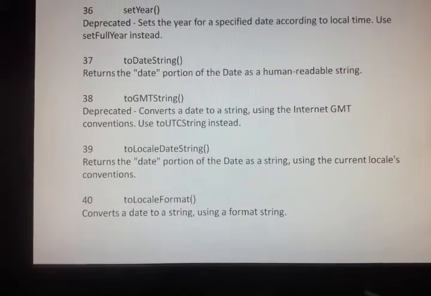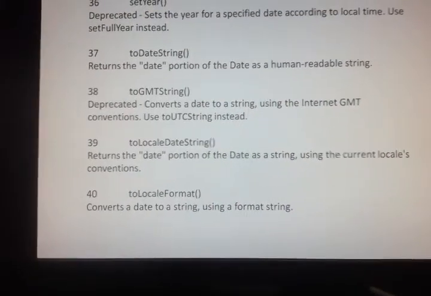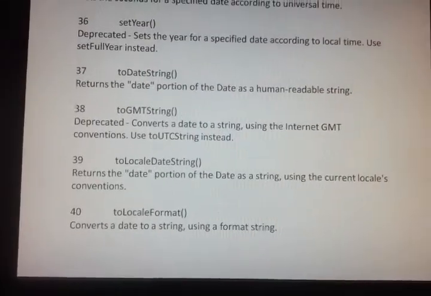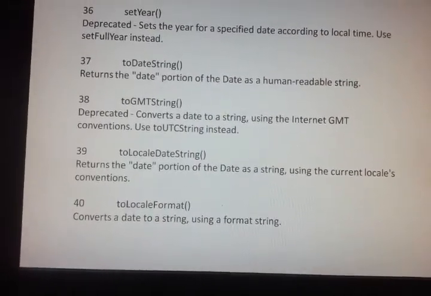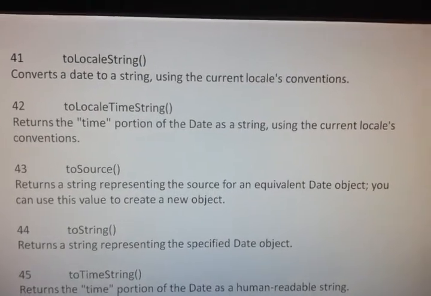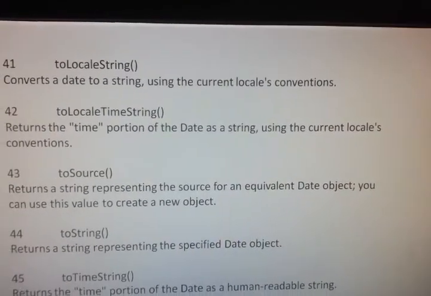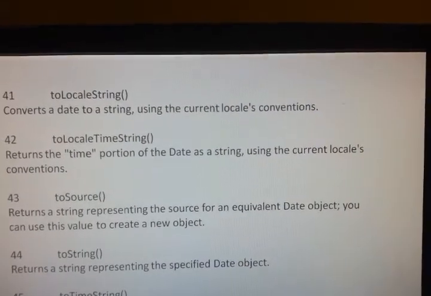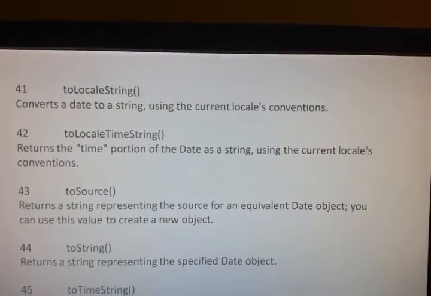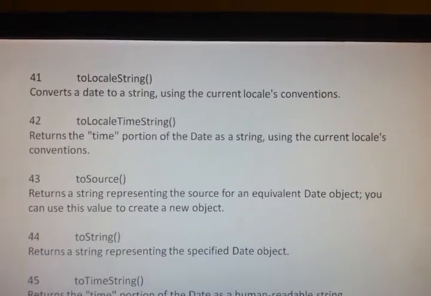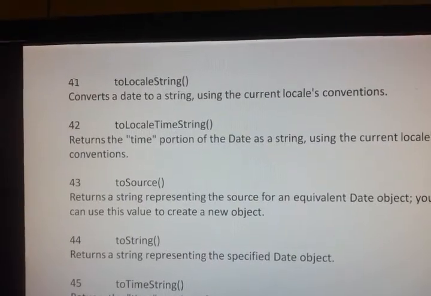Next, toLocaleFormat method. It converts a date to a string using a format string. Next, toLocaleString method. It converts a date to a string using the current local conventions. Next method, toLocaleTimeString method.